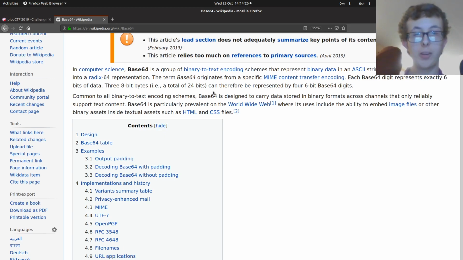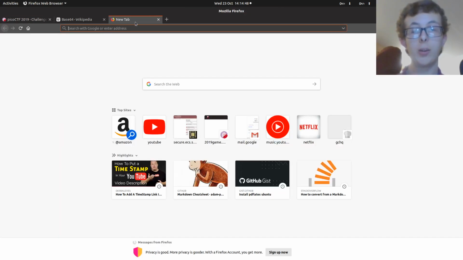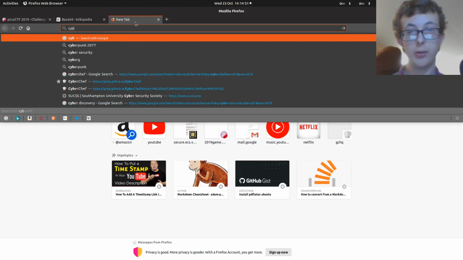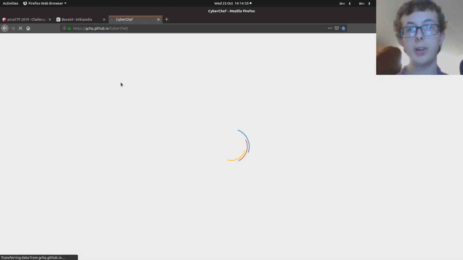So it can store 6 bits per character, and that's quite useful because all of it is representable just as an alphabet. So I see base 64 because it consists of lowercase, uppercase, numbers, and the plus and sometimes the minus or slash symbol, and it'll have padding of the equal symbol. So if we copy this, there's a good tool online which you should know or you should learn. It's called CyberChef. It's made by GCHQ, which is